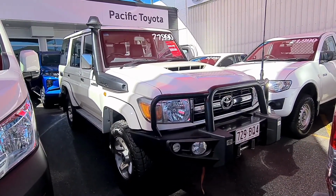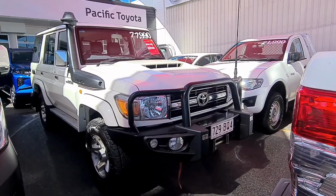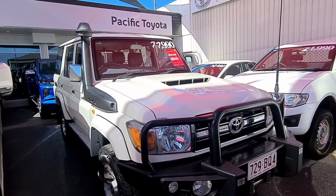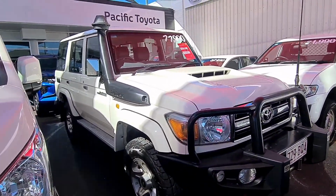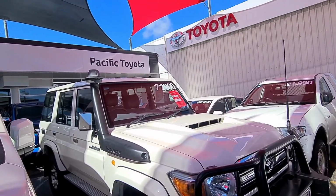Just thought I'd do a little virtual tour for you of the 2016 GXL Landcruiser wagon, the 76 series that you inquired on, a huge discount at the moment for the end of month for $77,990 drive away. Mate, just a really good chance. Thought I'd take you through the whole car, show the service history, the features, any little blemishes or marks I can find as well. So mate, just a quick idea, just in case you're not sure who we are,